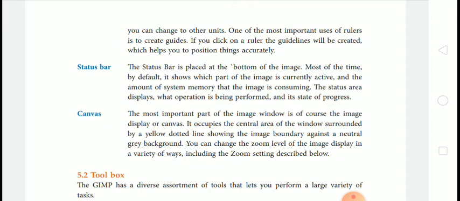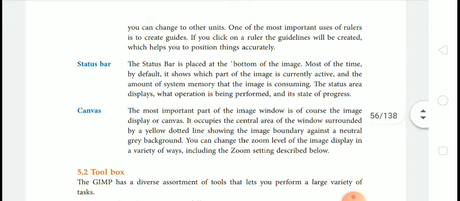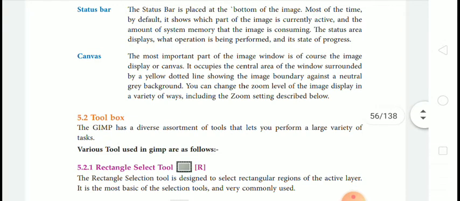So the next is the status bar. The status bar is placed at the bottom of the image. Most of the time, by default, it shows which part of the image is currently active.